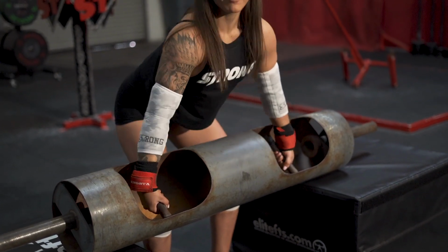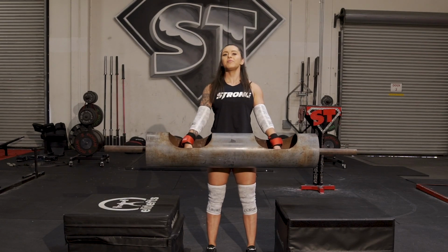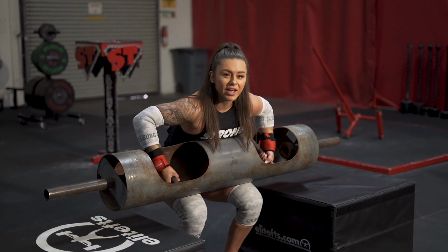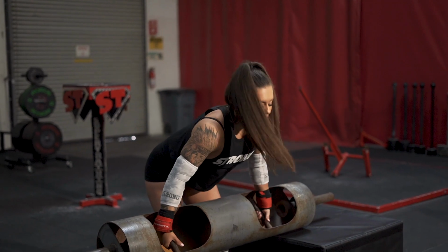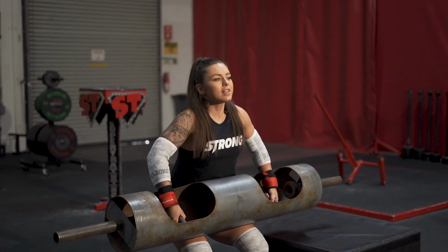We don't want to row it up first. The start is just a deadlift, keeping it close to your body. And then we dip down so that the log is in our lap, elbows come out, and we get it as high on our chest as we can. When you're doing a kettlebell swing and you use your hips to bring the weight up, that's what we're doing in the log press. I like to tilt the log away from myself a little bit, deadlift up, lap it,